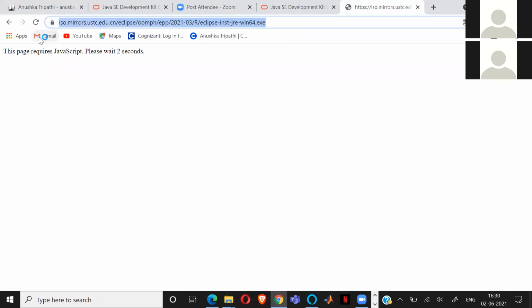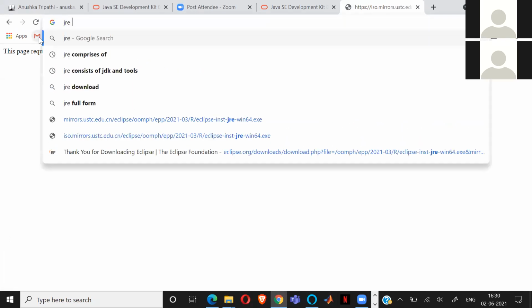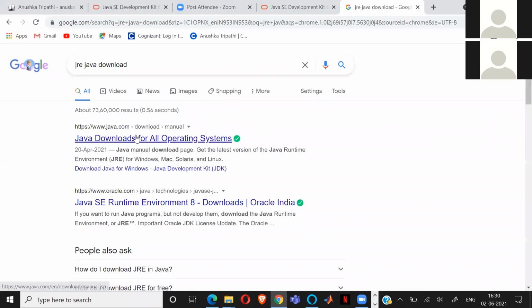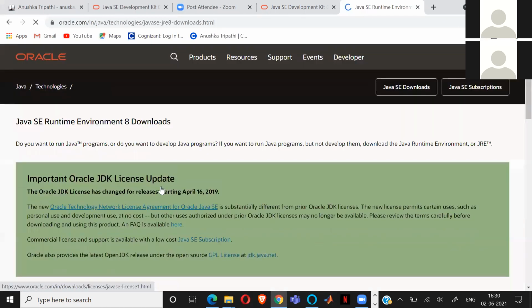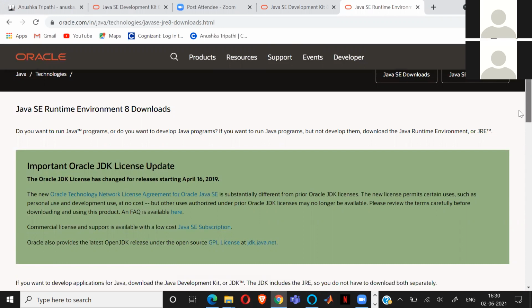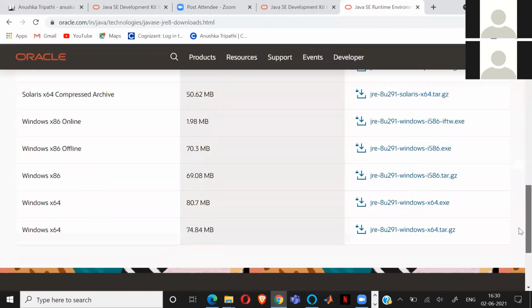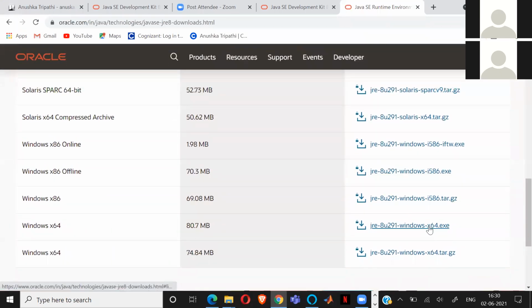Just type Java Runtime Environment and see. Download JRE. It's the same page, right? Yes, it's the same, but here it is for JRE. Download the last one, this or this? This one, yeah. EXE, right?